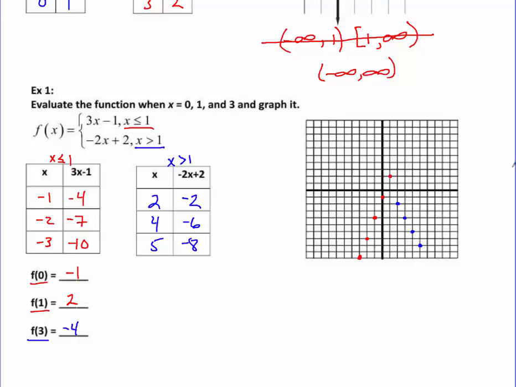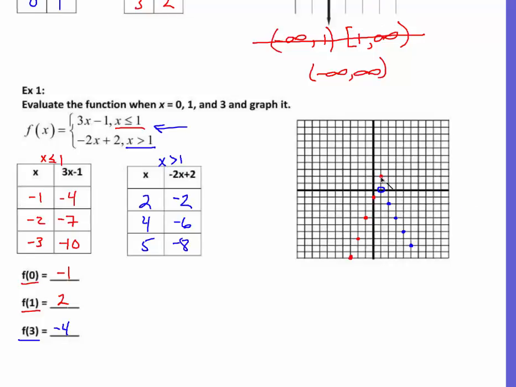And to decide how we need to finish them off and how they're going to look, you go back up here and realize that at this point right here, where x equals 1, this graph changes from our red 3x minus 1 to our blue negative 2x plus 2. We're going to have to go ahead and extend this line up to x equals 1, but instead of putting a dot there, we're going to put an open circle. So when we graph these,